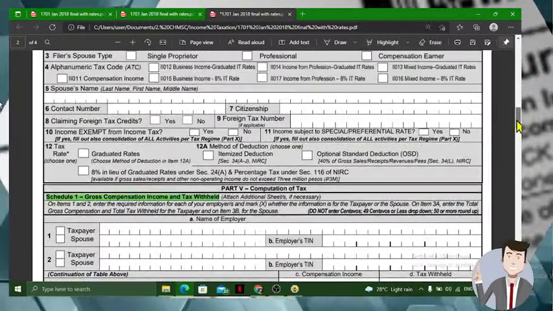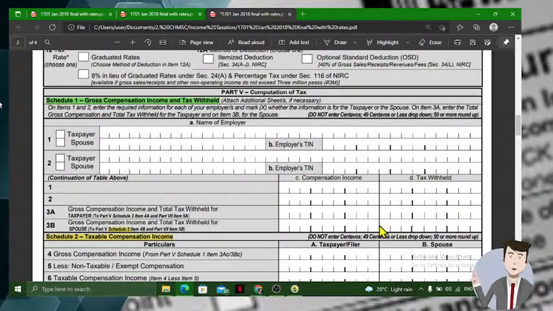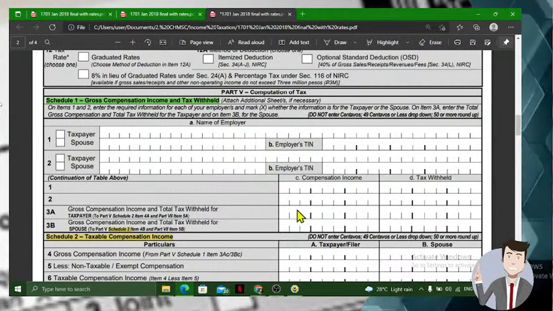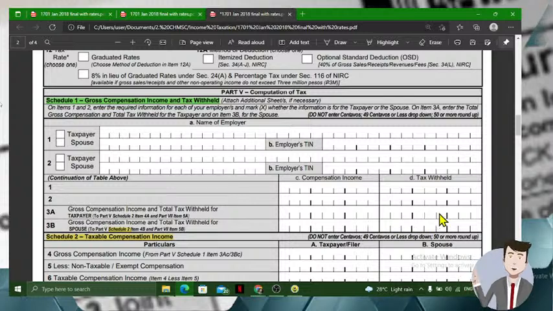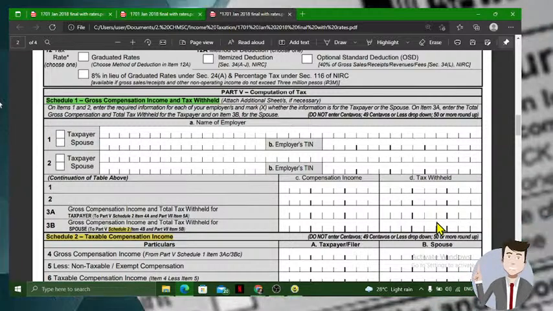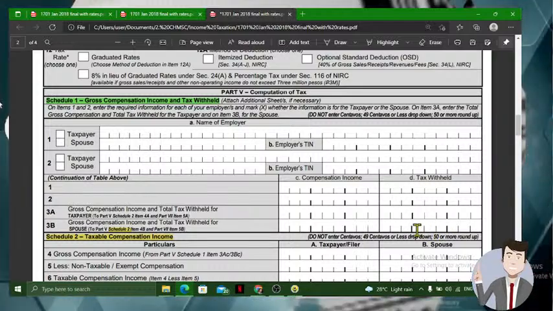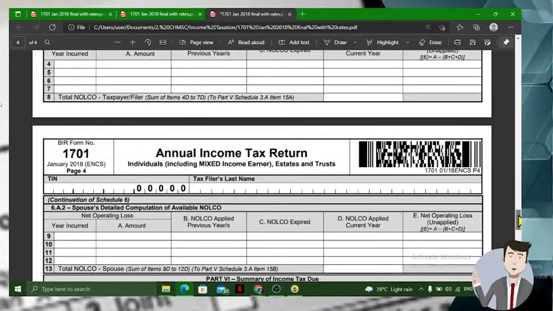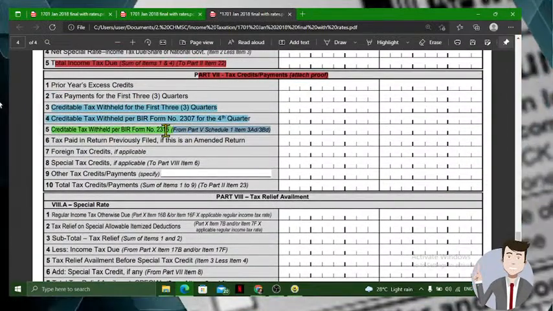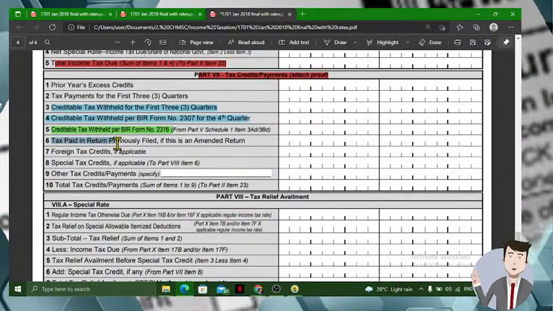Part 5. Okay, here it is. So, in your 3AB, here it is. The amount, dali kayo. Dali nga portion for the taxpayer, kag dali nga portion for the spouse. The same amount that you declared should be copied from your previous schedule and filled up on this one, BIR Form 2316. Okay? Next, tax paid in